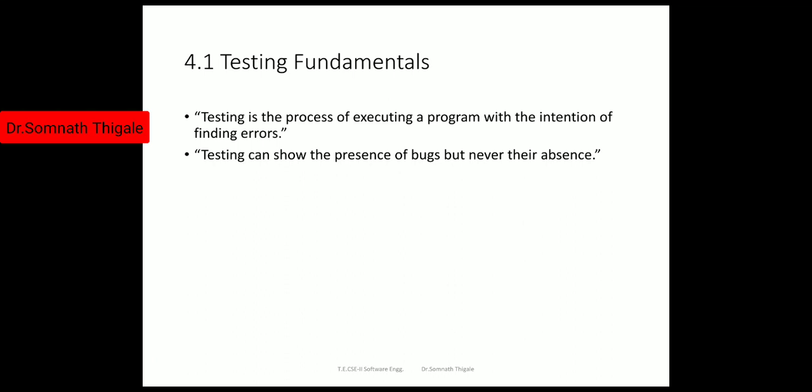So are all these things the same, or is there a different meaning? In short, if we go with the dictionary meaning, error, bug, defect, fault, failure are somewhat the same, but according to the way we find them, or at what stage of the product development life cycle we find them, we have different types that we will see. But let me clear the first thing. What is testing? Testing is an activity which has to be carried out to find problems,